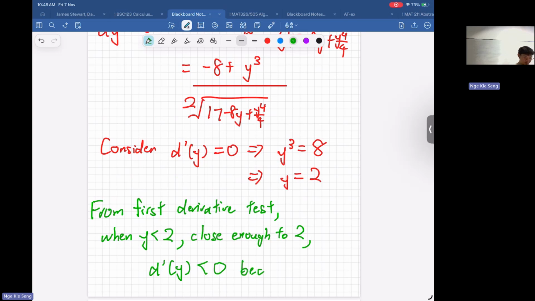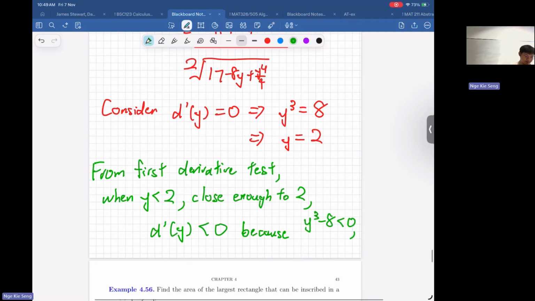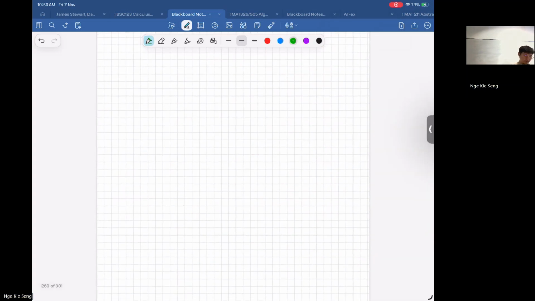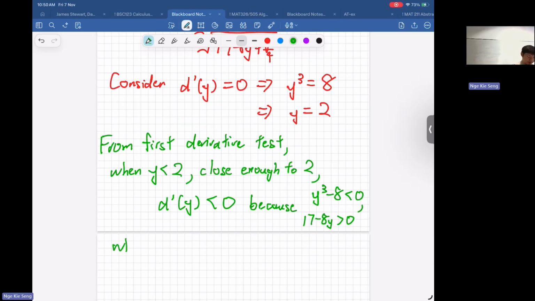Again, because y cubed minus 8 will be less than 0. And then another part is 17 plus 8y, or maybe just consider this 17 plus 8y should be greater than 0. Okay, so similarly, you could check